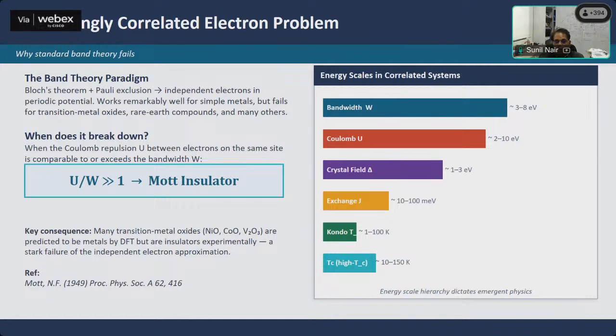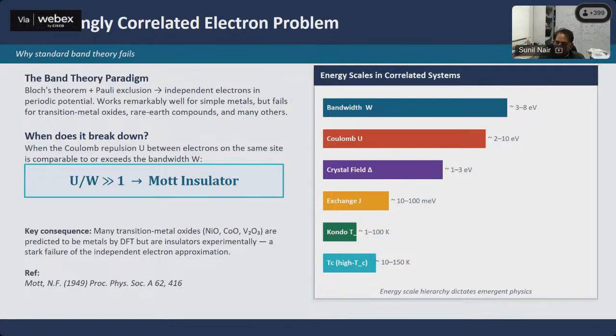But these two are not the only two scales of interest. You also have the crystal field splitting energy, which becomes more important in the intermetallic systems rather than in the oxides. You also have the magnetic exchange energy J, which will influence this. If you're again looking at intermetallics, you have the Kondo scale, which is of relevance. So the emergent properties in strongly correlated systems typically arise owing to a complicated interplay between all these energy scales and as to which one finally wins.